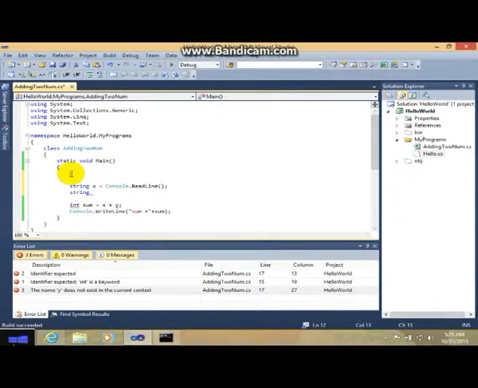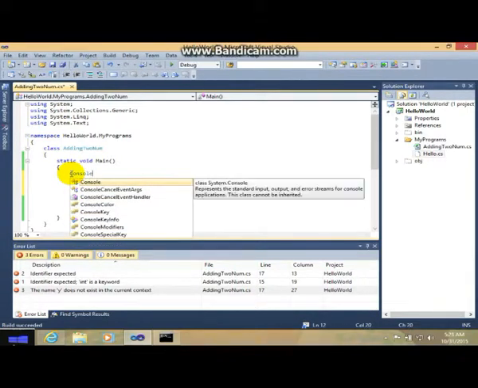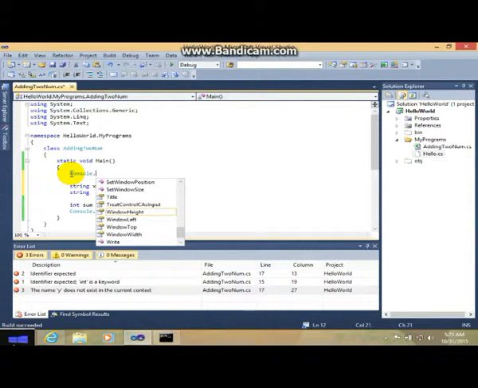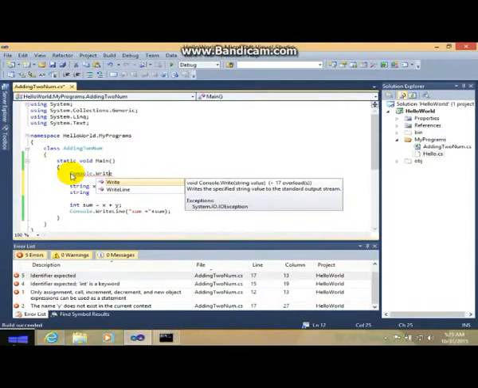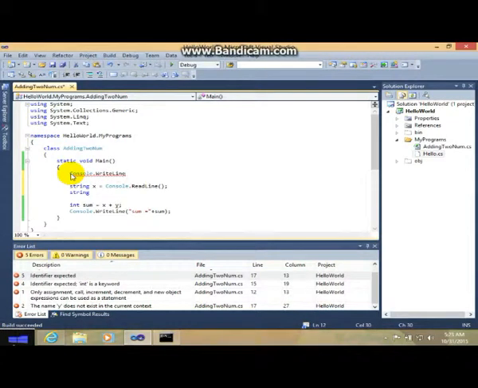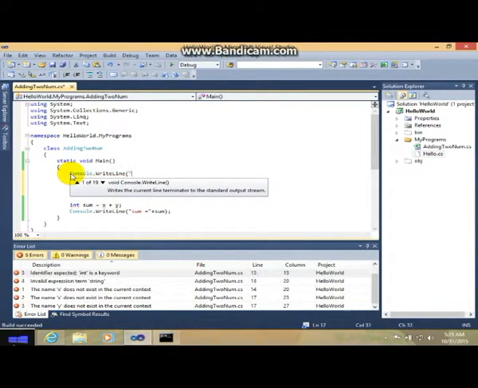Just follow the steps: capital C-O-N, Console.WriteLine, then give a fancy display like please input two numbers, and it will come up on your screen.